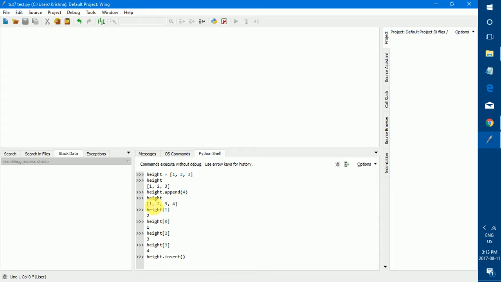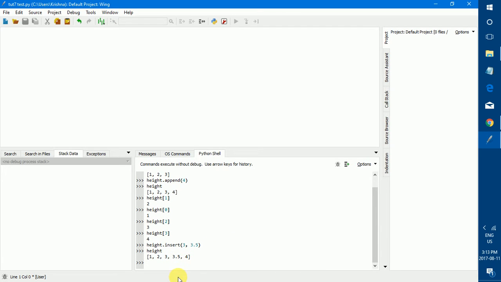So you know this is 0, 1, 2, 3. So this is the third number. This is number 3 of the list. So you type in 3, and then comma, and then you type in whatever you want to insert, 3.5. Enter, and you type in height again, you call height, and you get 3.5 inserted between 3